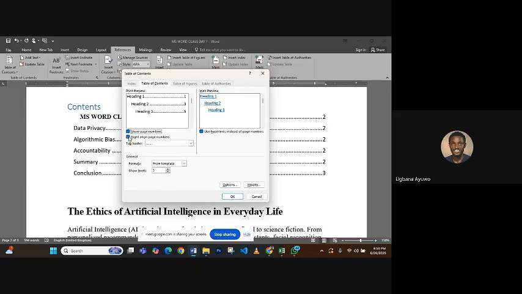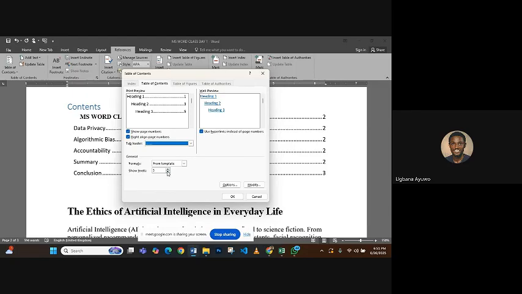You can choose whether you want the numbers to be aligned on the right or they should be beside the things you typed. Your tab leader, that is the indication of space. Now in our own, it's showing as dots, but I can change it to dashes, to short dashes. I can also change it to just slightly broken lines. Okay, so let's just work with the easier one to see, which are the dots,